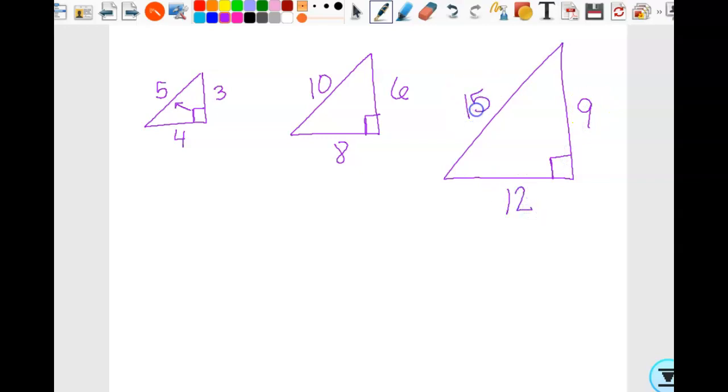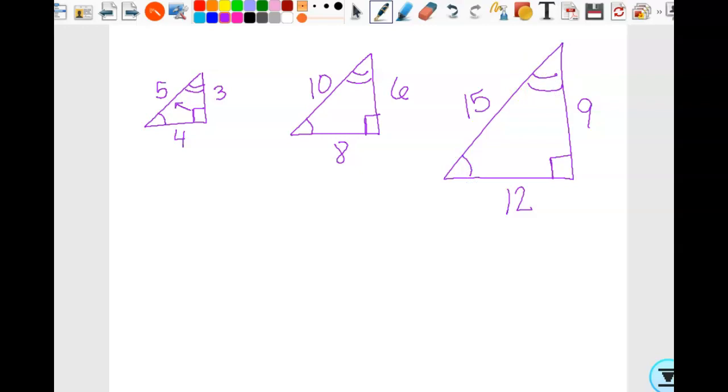Is this one similar to the other two? Yes, okay. So if I have similar figures, those figures, because they are the same shape but a different size, they all have congruent angles. So these angles and these triangles all have to be congruent to each other. Okay, does that make sense?